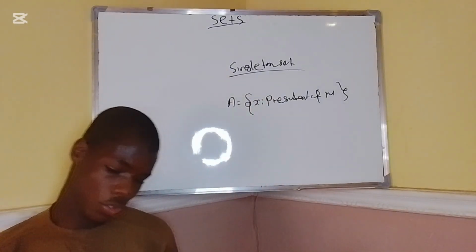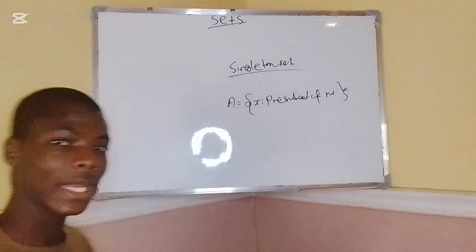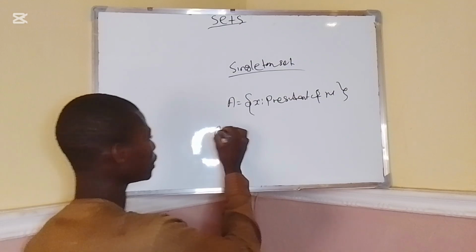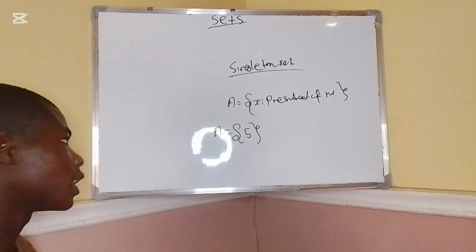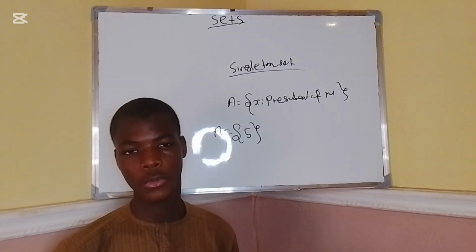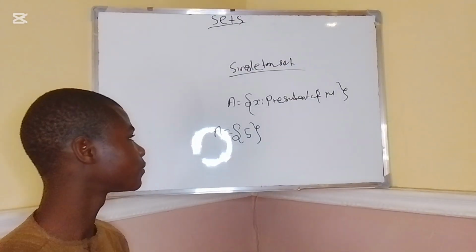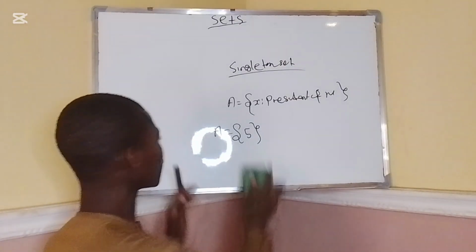It only consists of just one element. Let's say suppose A is equal to 5. This is a singleton set because 5 is the only member in that set. So therefore, there is another type of set